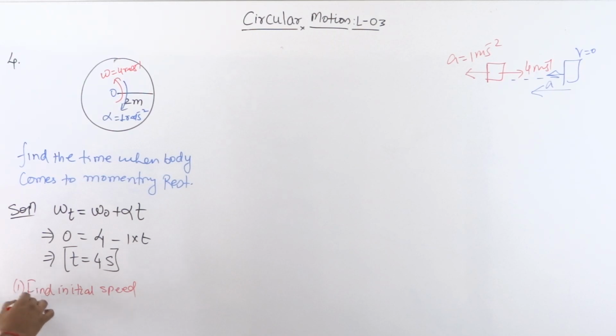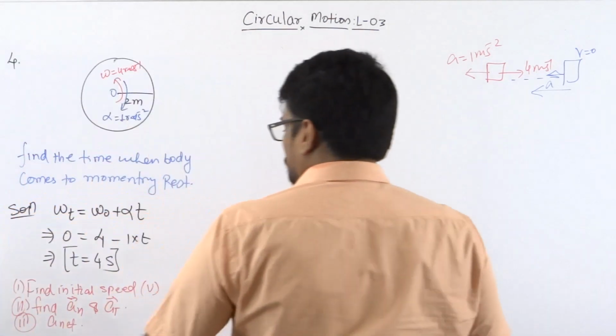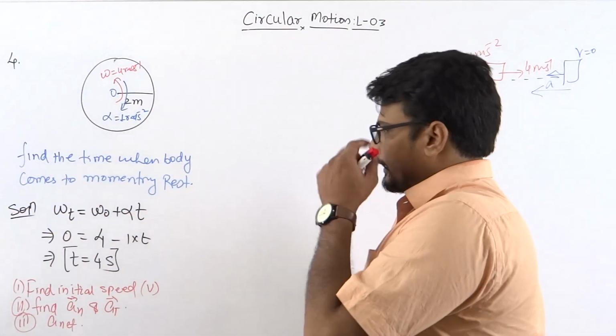That means they can ask you to find the value of v. आपको a निकालना होगा. All good? Also they can ask you to find angular or radial or normal acceleration and the tangential acceleration का वैल्यू आपको निकालना है। और एक बदमाशी और कर सकते हैं कि आपको टोटल एक्सेलरेशन निकालने को बोल दिया जाए तो भी आप इसको इजीली कर सकते हो, इसमें कोई मुश्किल वाली बात तो है ही नहीं, है ना जी।